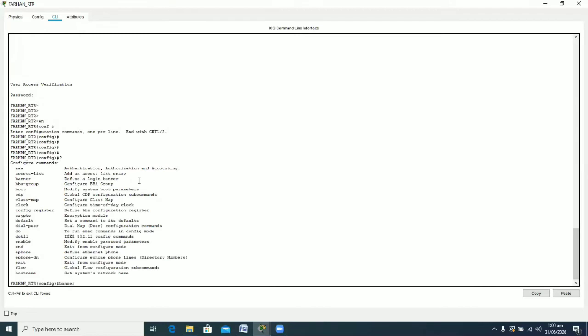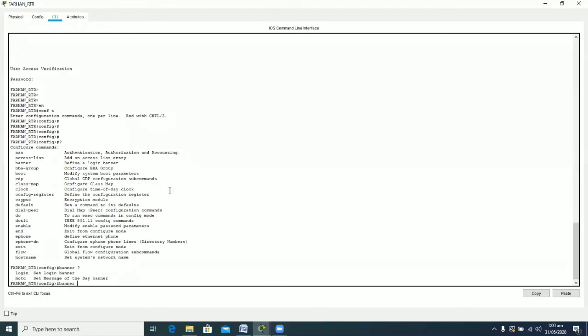First I configure my banner. After banner, I use the help feature, and there are the login and the MOTD banner. As I've already told you, in real routers you will get a large list of commands, but here for our CCNA perspective, these two are completely okay. So banner login, after banner login, you have to place a delimiting character or use the help feature. Basically the delimiting character is C. And let's say I am writing, this is Maxima Education Router, and this C is the delimiting character.